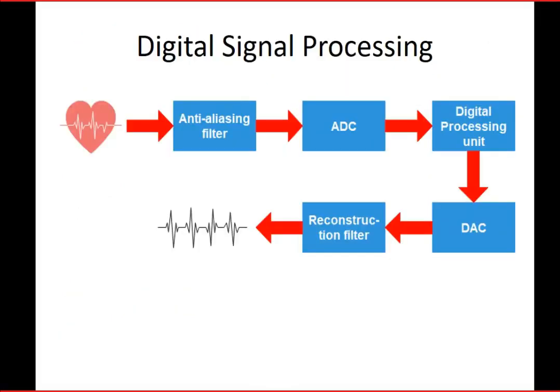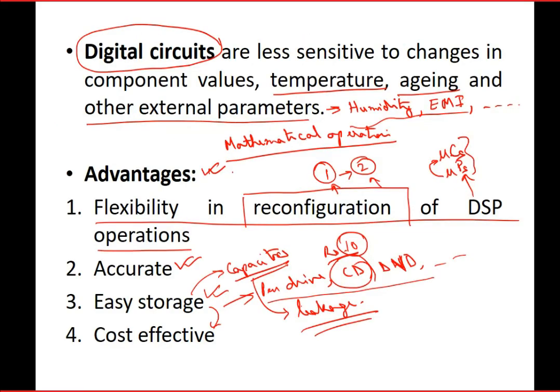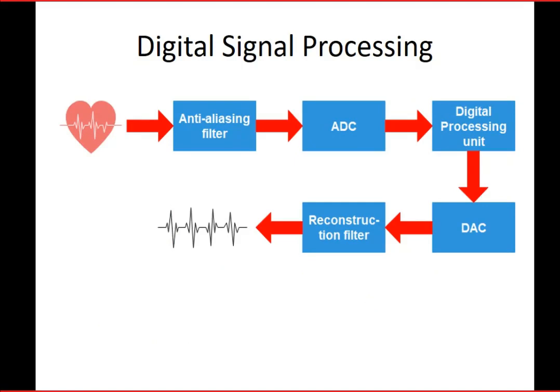Now coming to digital signal processing. We have understood what digital circuits are and what their advantages are over analog circuits. Now we need to understand what we mean by digital signal processing. So signal processing, as I have already told you,